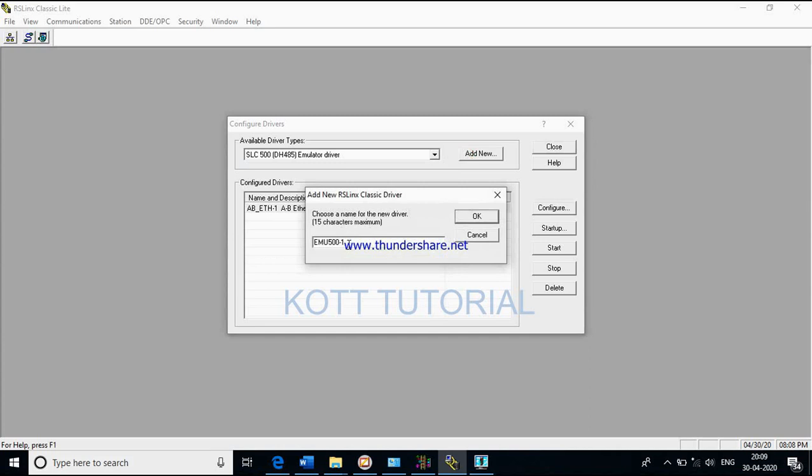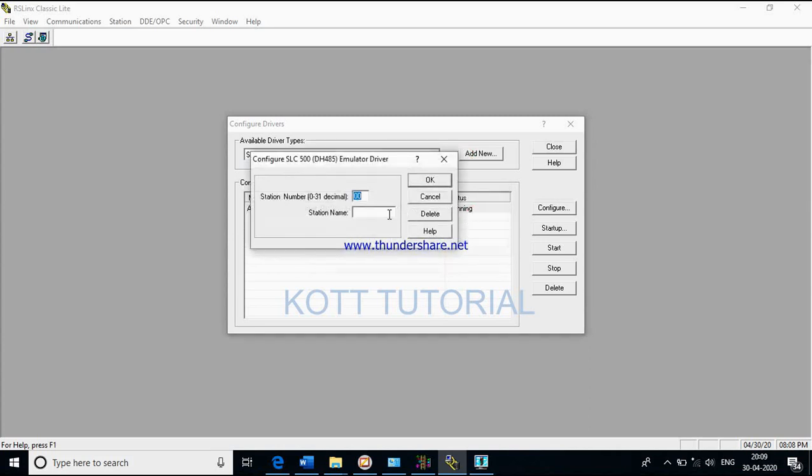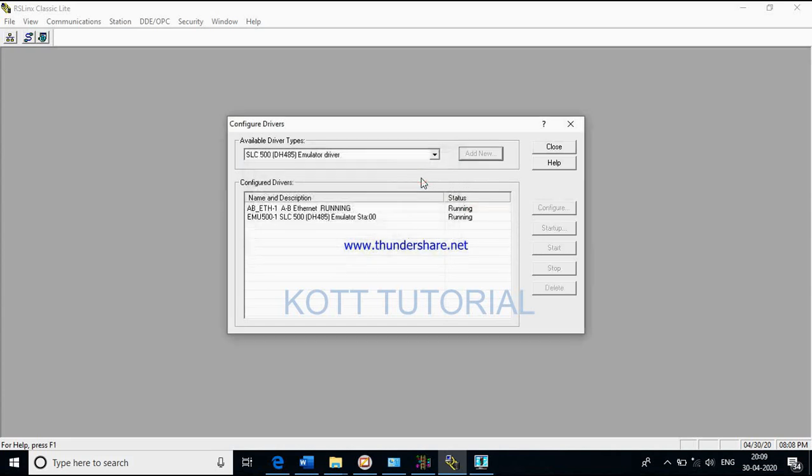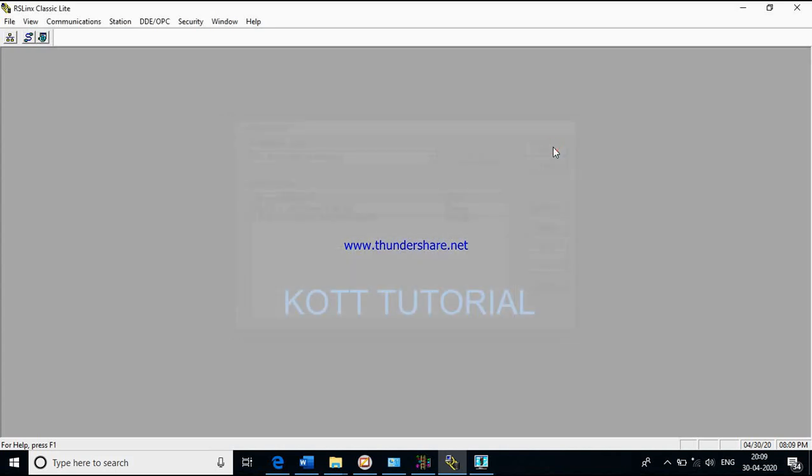Add new. This is the name of the driver. Okay, again station number 1. Okay, now you can see the emulate driver is running. It's in running status now. Close this.